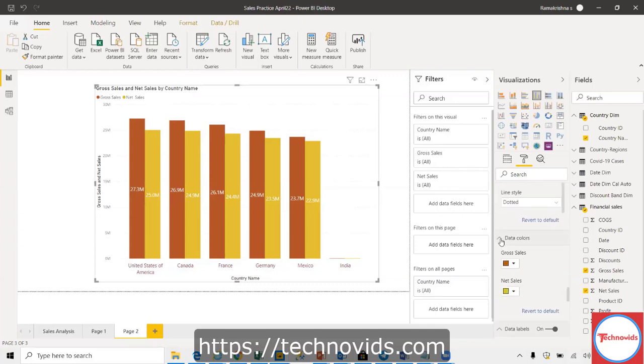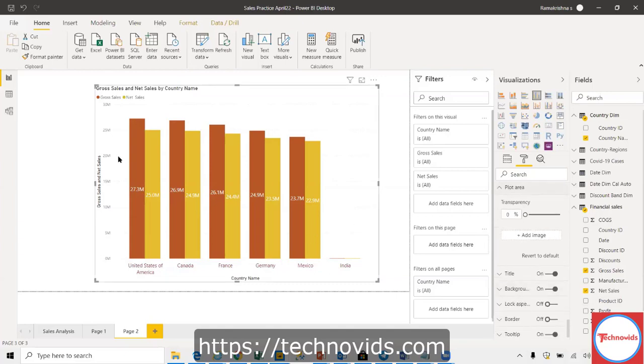Now let us see what else is there. I think plot area and the graph area, right? This is similar to Excel. Whatever is here is known as the plot area. The whole thing is a chart area or visual area. Only the central part is generally the plot area, okay? And the transparency, you can add a background image to the plot area.